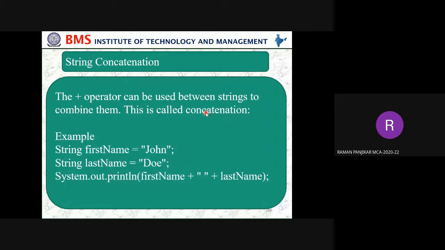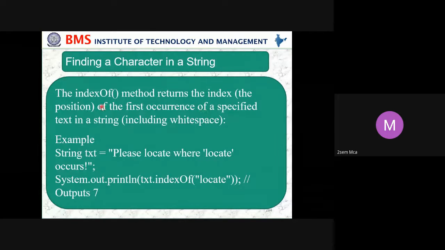Yes, it will consider only the first "locate". That's what you can see here: the position of the first occurrence of the specified string. What is the first occurrence? "Locate", I want to know where "locate" is. If we have given a paragraph, for example, and there are several words of the same kind like "study", is there any method that we can use to find the word "study" in the next place?